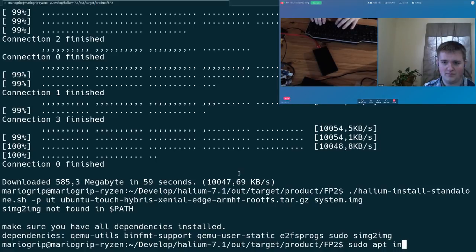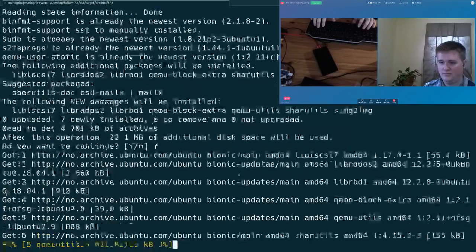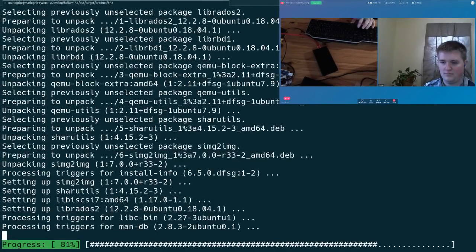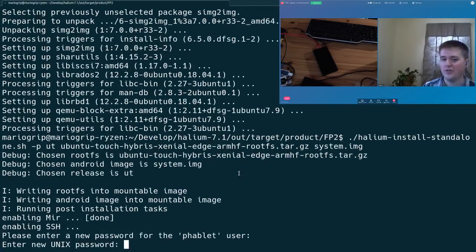So we will do that, as he says. That was quick. Now run the script itself, and now let the magic happen. JBB's script is a lot better than our old tools to do this in a lot of ways. The old tools would rely on